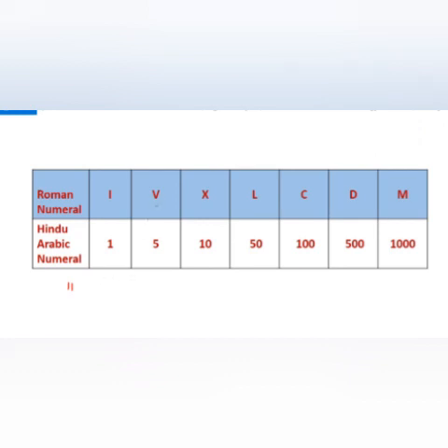Our 5 is given here. 5 is the symbol V. So 1 is written first, that means 5 minus 1 is 4. This is a Roman numeral rule, which I will teach you. According to that rule, 4 means 5 minus 1, not 1, 1, 1, 1. So first write 1, then write the 5 symbol. This is 4. That means 5 minus 1. Okay, this rule I will teach you.